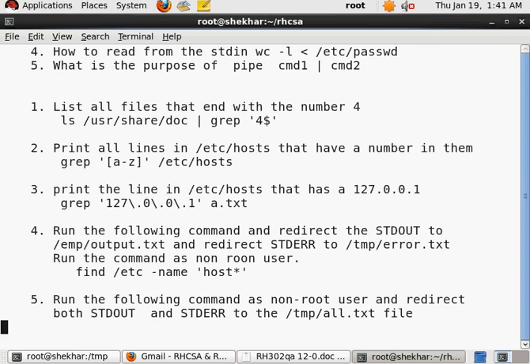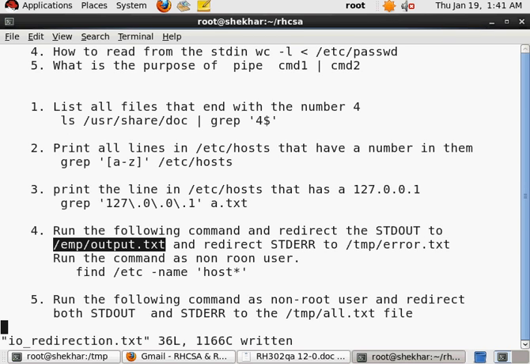Now let us go with question number 4. It says run the following command and redirect the standard out to this file, which is tmp/output.txt, and redirect the standard error to tmp/error.txt. Run the command as a non-root user,